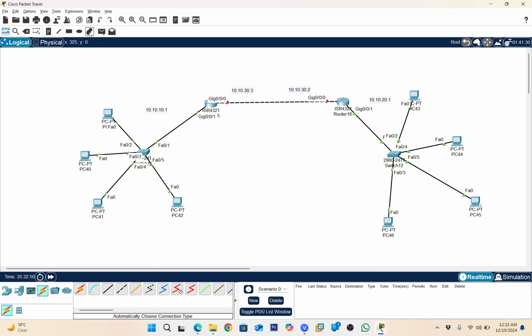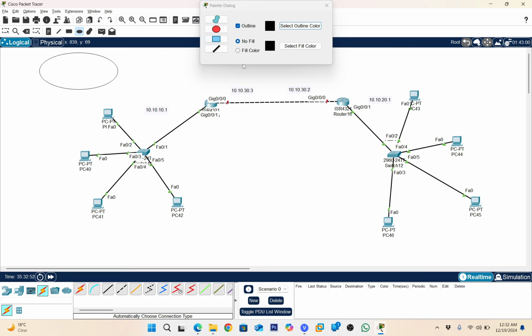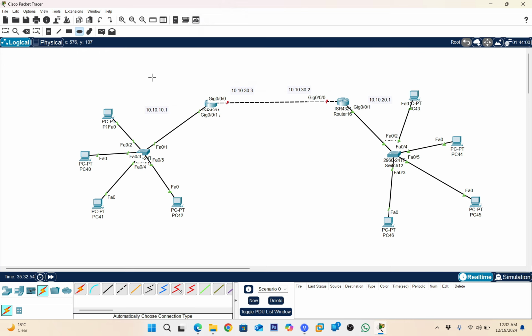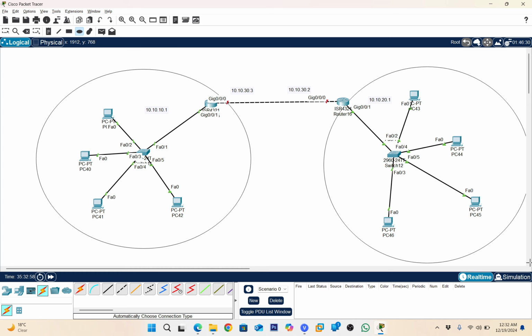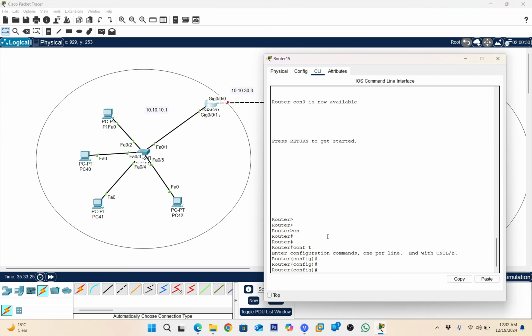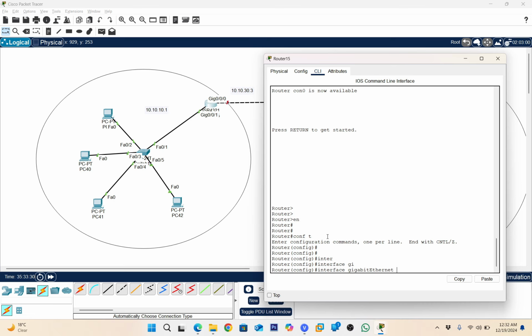These are two different networks, let me show you here. This is a different network and this is a different network. Both networks we need to connect, so in this case we need one router configuration. For connecting the different networks, I'm going to use router RIP configuration. Enter conf t, interface GigabitEthernet